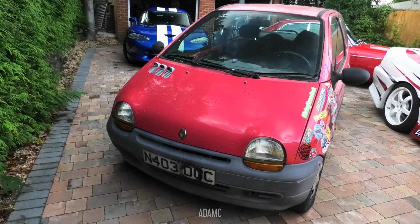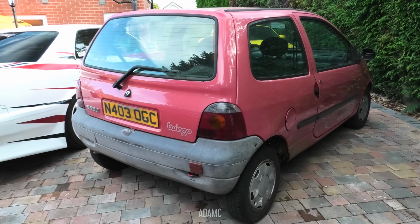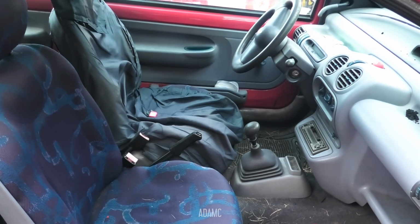The Twingo! I'm going to try and be quick with this one because it was another 2024 purchase. This one wasn't quite as good condition as the Viper, and I can't tell you how many miles I've done because the speedo and all of the digital displays don't work. They were working when I bought the car, but this was meant to be a small project of mine, and